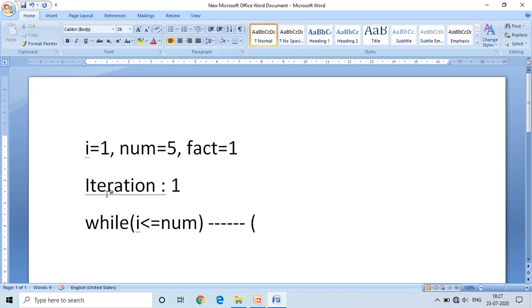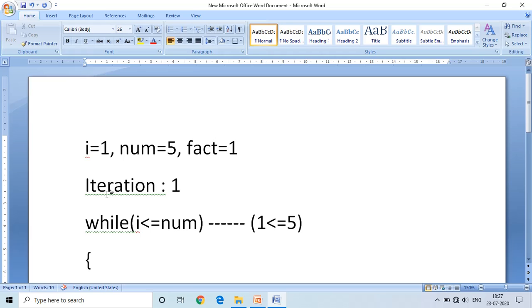I value is right now 1, less than or equals to num value 5. This condition is true. The first time the condition is true, it enters into the while loop.